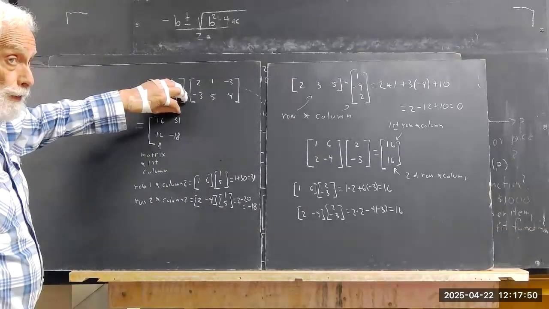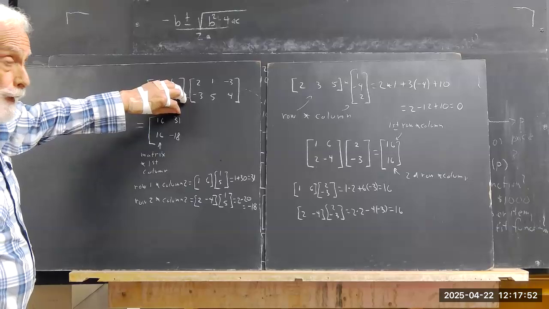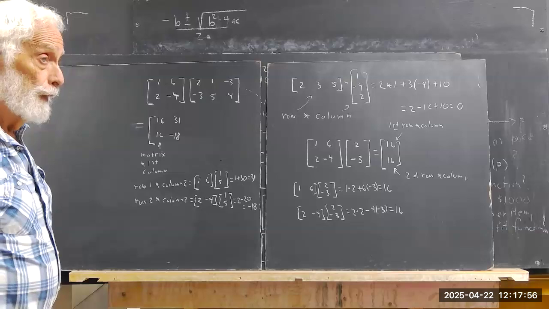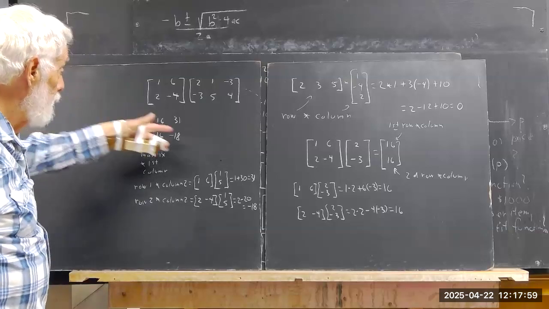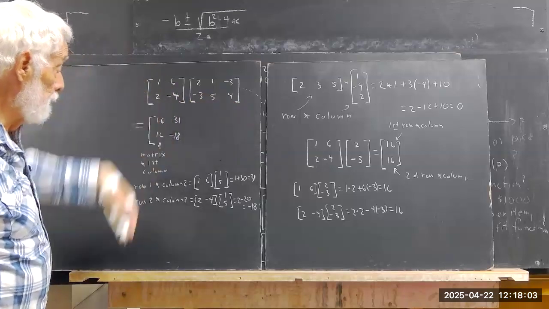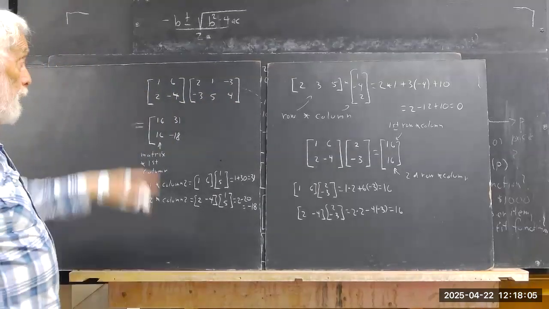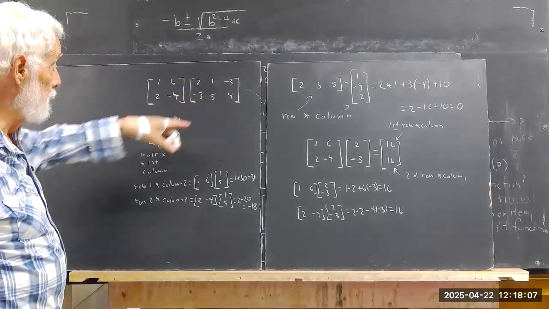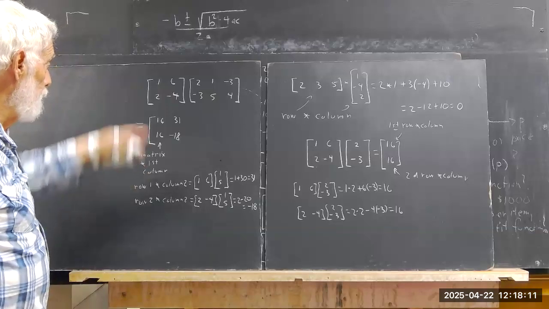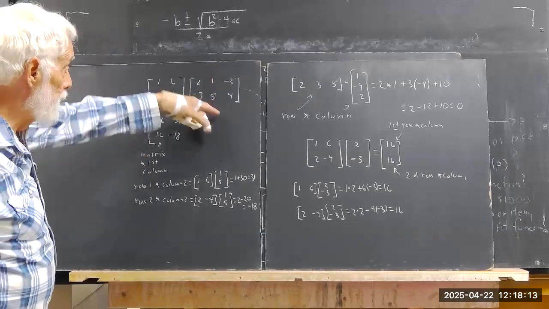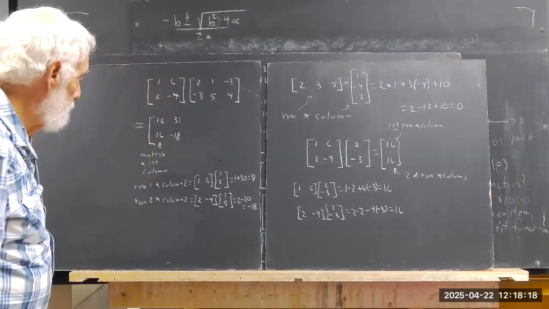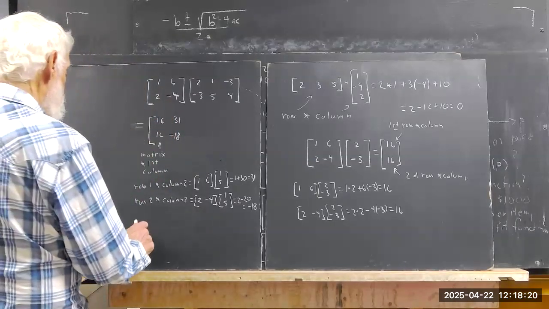Now, where did 31 come from? It came from row 1 and column 2. Now, where is it in this product matrix? It's in the first row and it's in the second column. So if it comes from the first row and the second column, it goes in the first row and the second column. If it's the second row times the second column, it goes in the second row, second column. Similarly then,